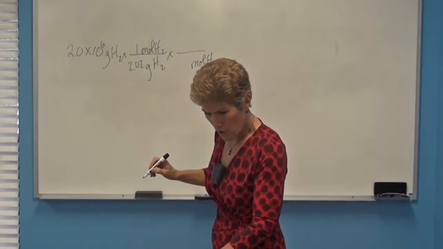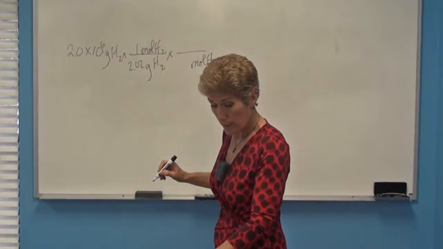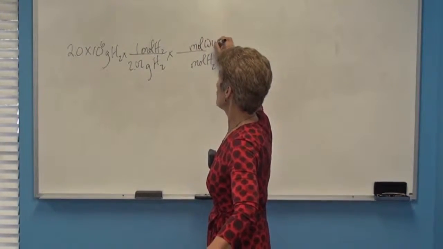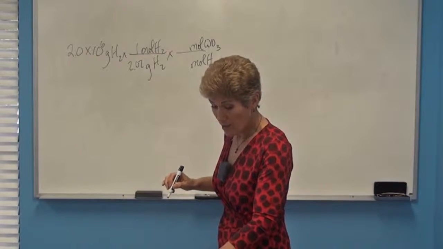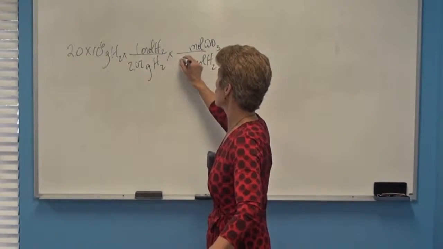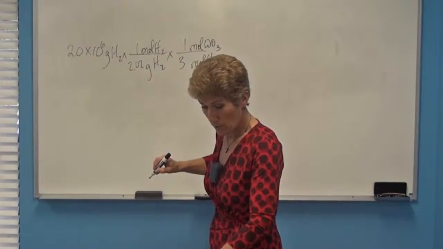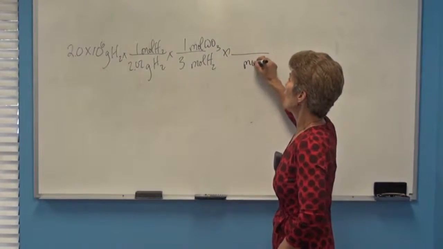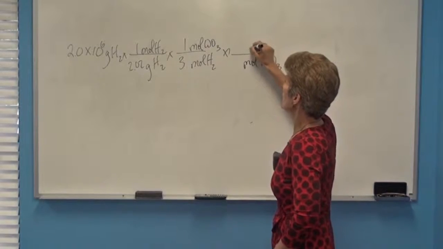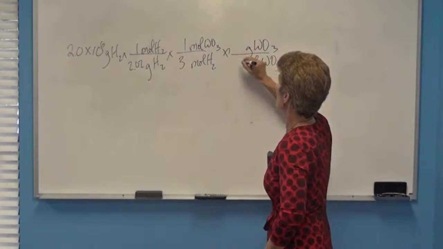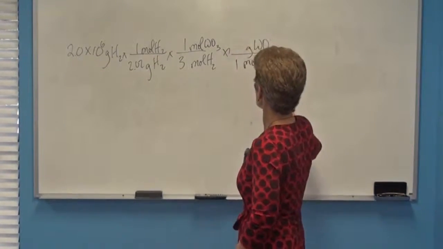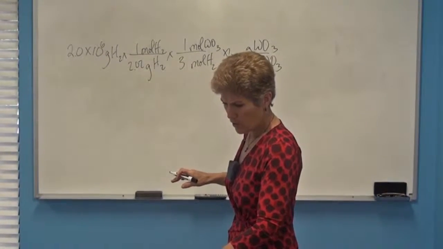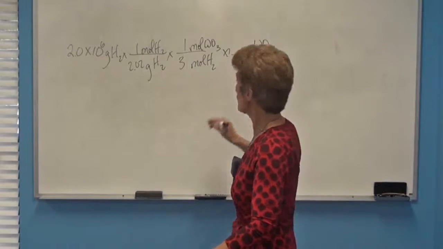This time they want us to go to WO3, which I already erased, but you can look at it in your book. Moles of WO3. So this is 3 hydrogens to one of those. And then you're going to times moles of WO3 to grams of WO3. One of these, and you add up 3 times 16 plus the tungsten, which is 183.9, which is going to give you